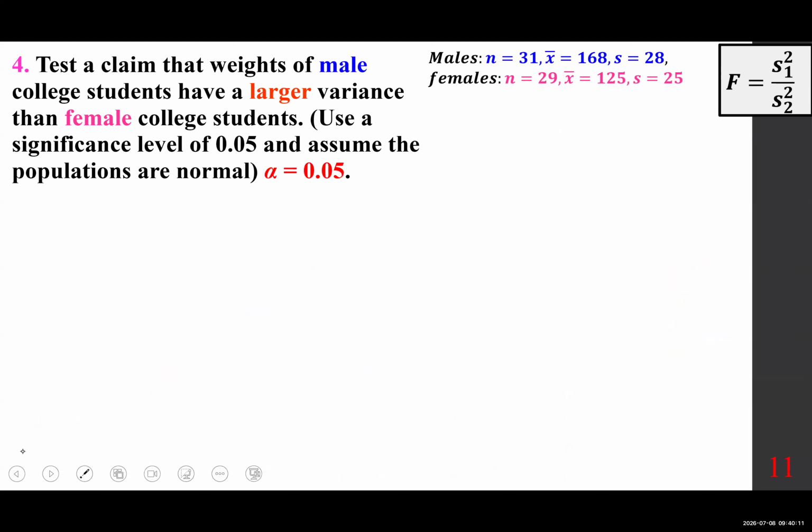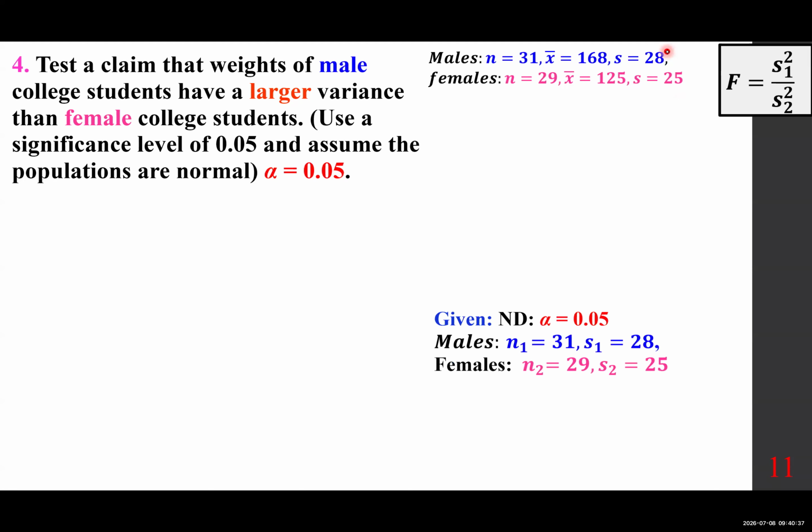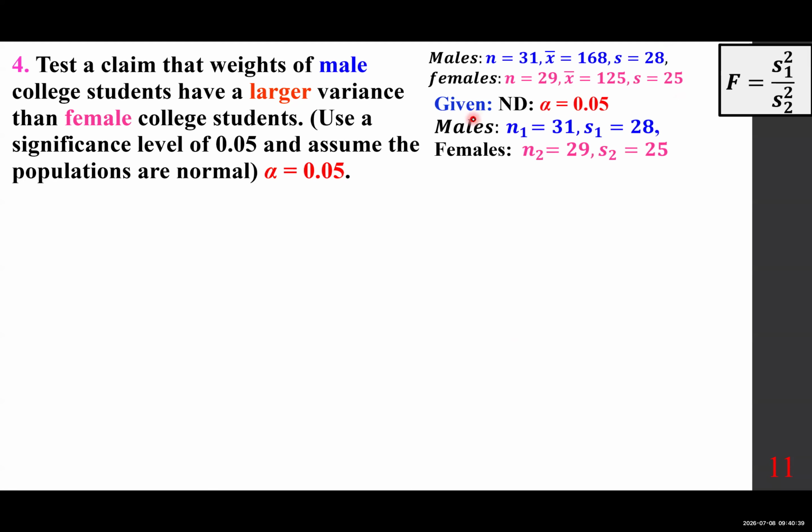Now let's go back to the question and let's write the given. Okay. So we are dealing with n being 31, x bar is 168, s is 28. That's for males. n being 29, x bar being 125, s being 25 for this second group, females. And so we are going to pick which one is going to be the first group, the one which has a larger s. So it's a normal distribution. Alpha is 0.05, n1 is 31, s1 is 28. I hope everybody can see how we did the calculation. And as we write it for the females,